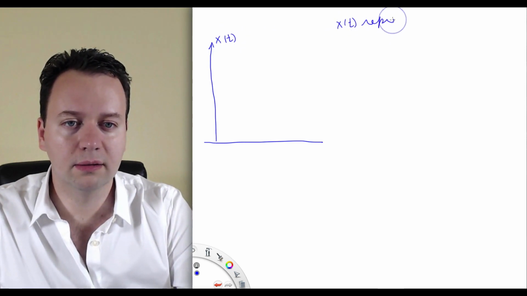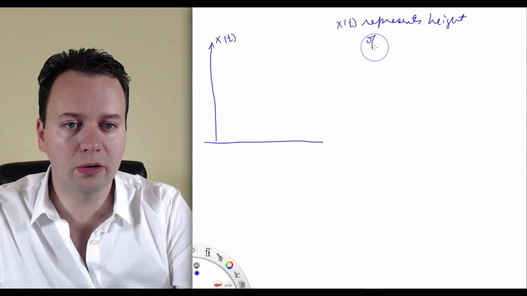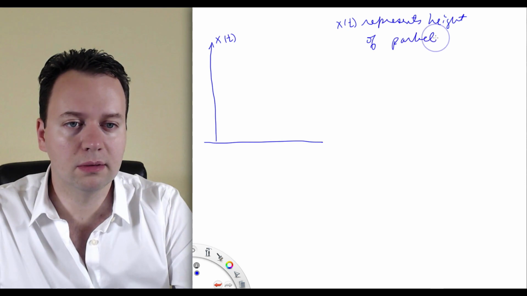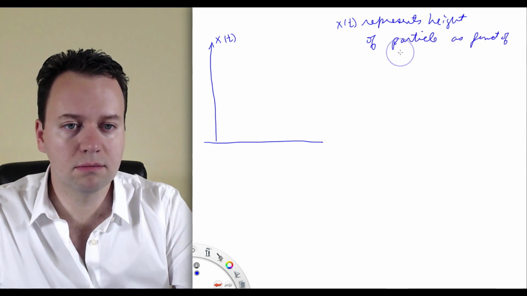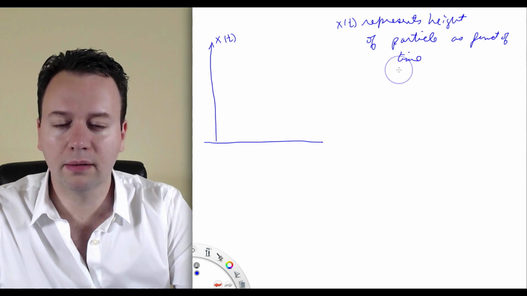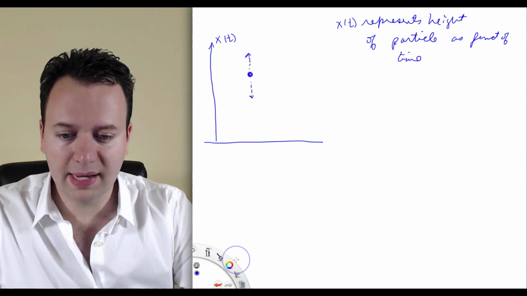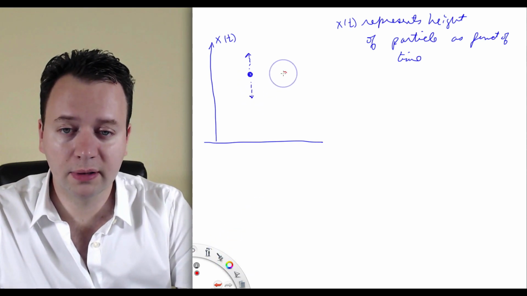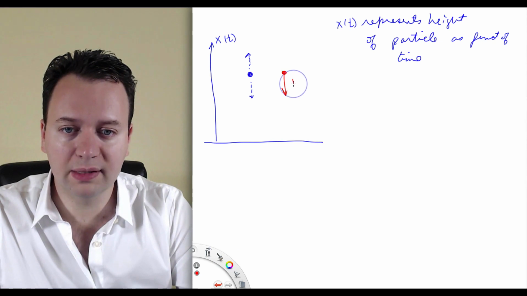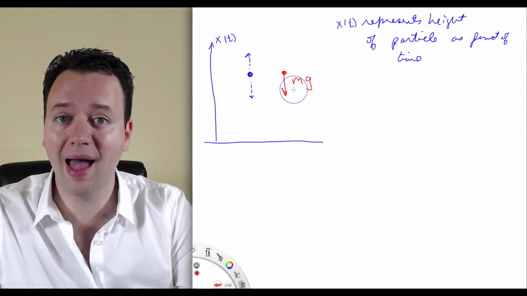represents the height of the particle as a function of time. Okay, so we have just some particle that can move up or it can move down, but it's acted upon by a force, and the force is downward, and the force is equal to the mass of the particle times